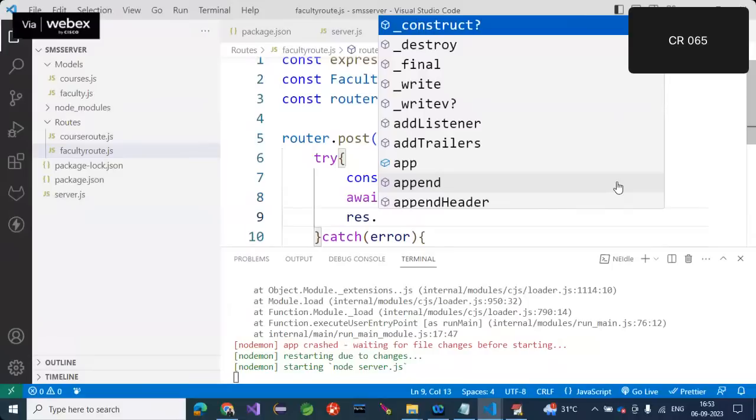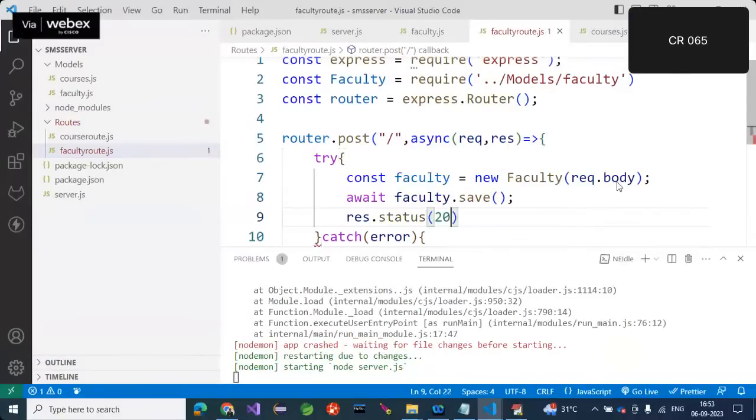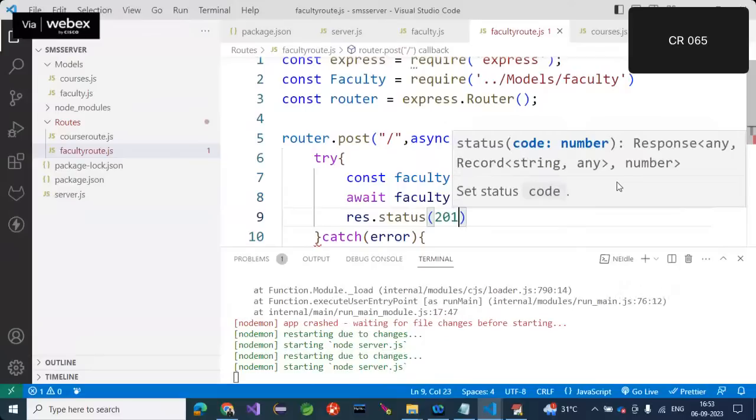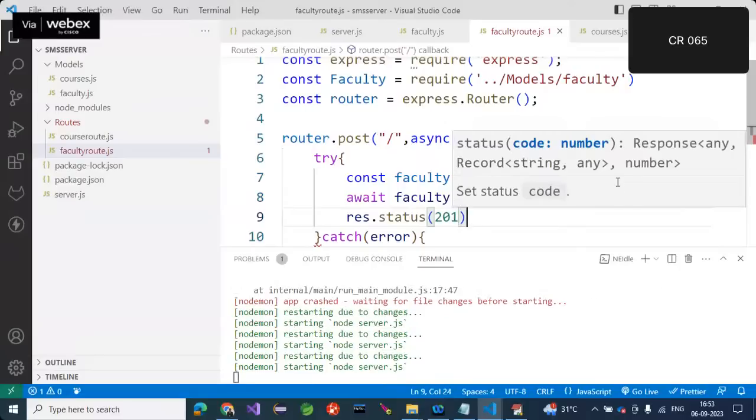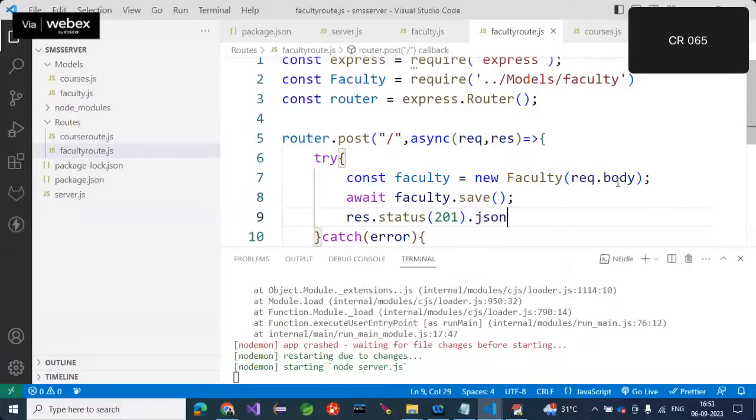Using the response object, you can maintain some status. If it is successful, generally you will give either 200 or 201, whatever the status code. 200 plus means success status code. Okay, dot JSON of your